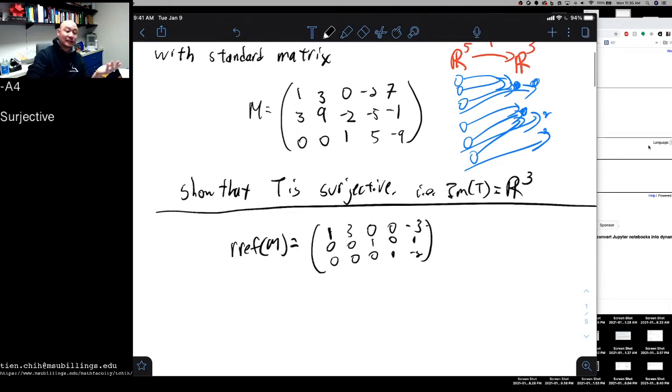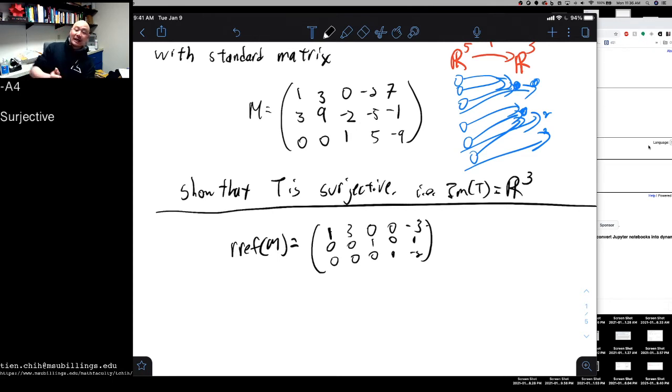Now, whether or not the image of T is equal to R3 is fairly straightforward to determine. We just need to look at the dimension of the image. If the dimension of the image is 3, then it has to be all of R3 because it has to fill up all 3 dimensions. If the image of T is 1 or 2 or 0, that means that it is just a line or a plane or the origin in R3, and therefore definitely isn't all of R3 itself. So we want to see what the dimension of the